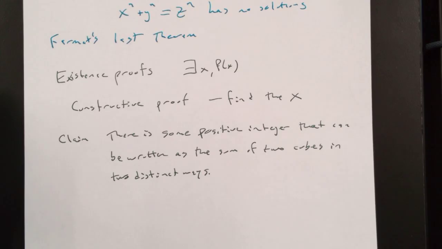Do you know what this number is? But you could start checking, right? You could look at the number 1. Well, 1 is 1 cubed plus 0 cubed. But that's the only way to do it. 2 can't be written as the sum of cubes. 3, 4, you could keep going, right? I'd be here for a long time. By the way, the answer is